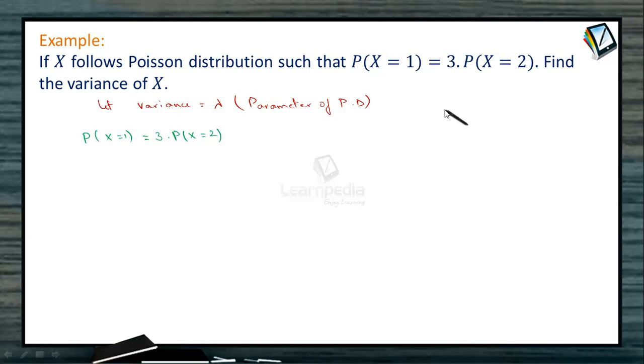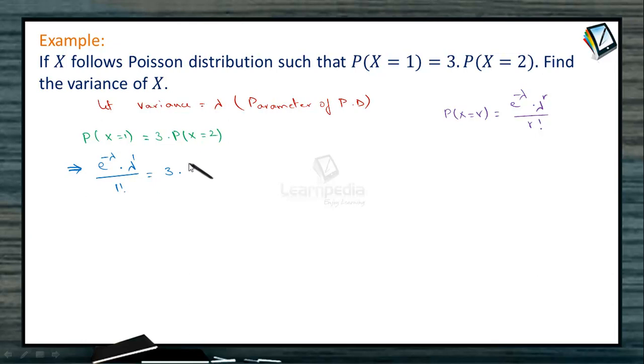Let's recollect what the Poisson distribution is. The probability of the random variable x equal to r will happen with a probability of e to the power of minus lambda into lambda to the power of r by r factorial. Now, can we write the value of P of x equal to 1 and P of x equal to 2 by this definition? Yes. What would be the value? P of x equal to 1 is e to the power of minus lambda into lambda to the power of 1 by 1 factorial. This is given to be 3 times